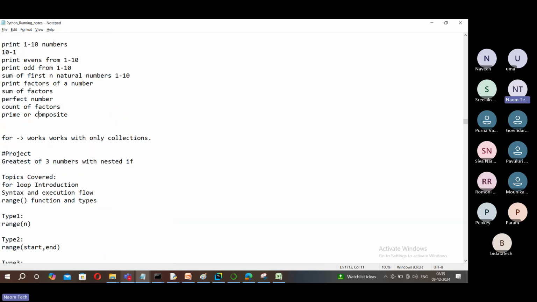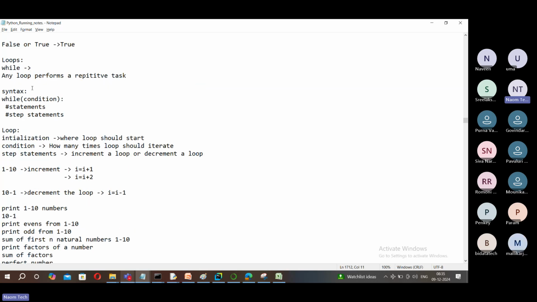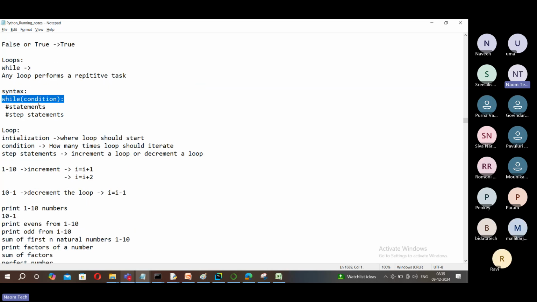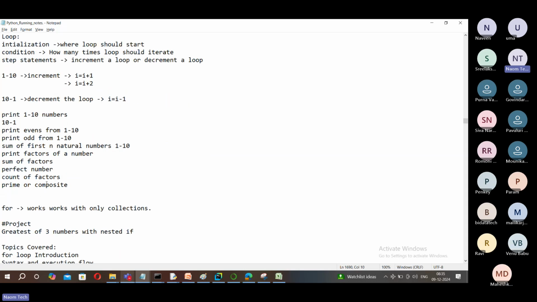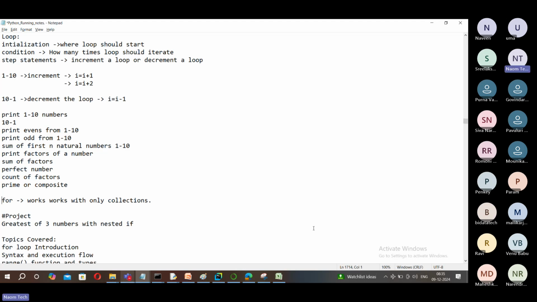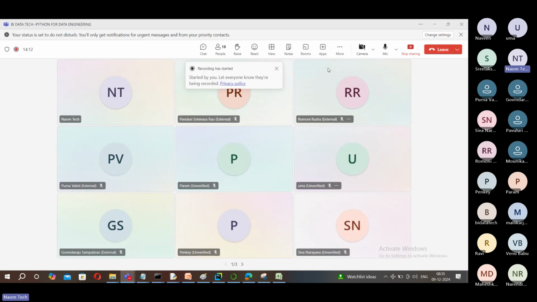Count of factors. So we had discussed while loop in the last class: what is while, the syntax of while, and how to create programs with while, all that we had discussed. So now let us discuss count of factors. How do we find count of factors and prime or composite, and then we talk about the for loop. So if you want to find count of factors, how do you do that? Already we had a discussion in the